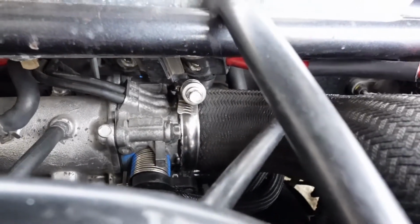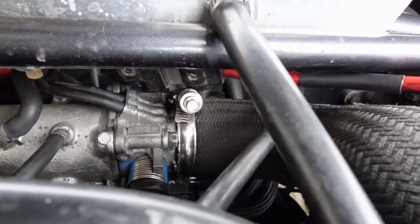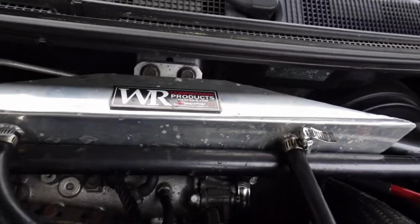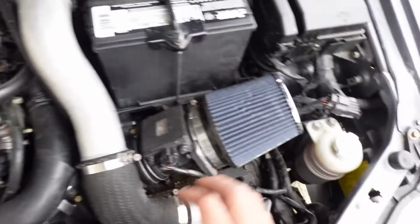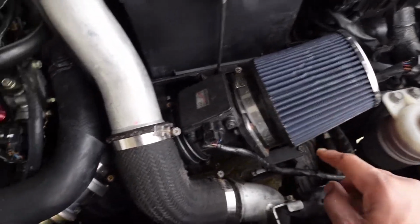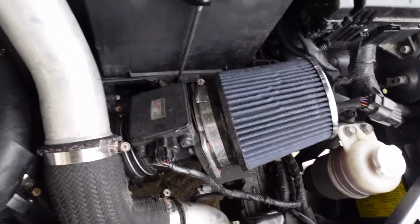And then I got better clamps. I'm actually going to put a different style of clamp on there just to make sure I hold everything in there. I am going to get a different catch can. This catch can really essentially does nothing. But you know, stock motor, stock power. Went ahead and replaced the air filter. I cleaned the MAF sensor, the mass airflow sensor. When I cleaned it, I